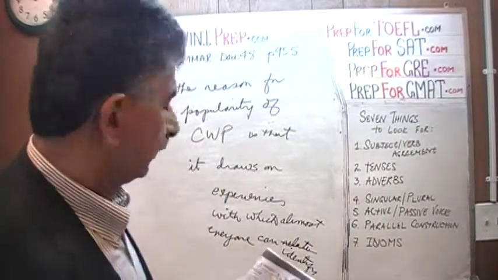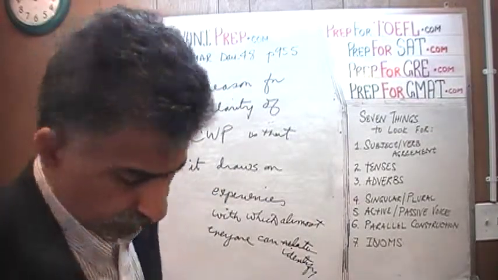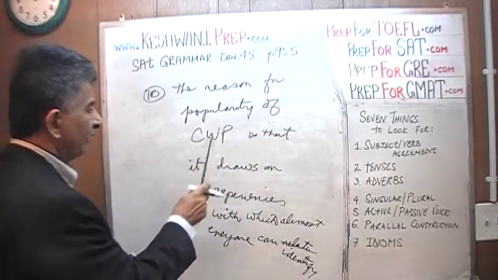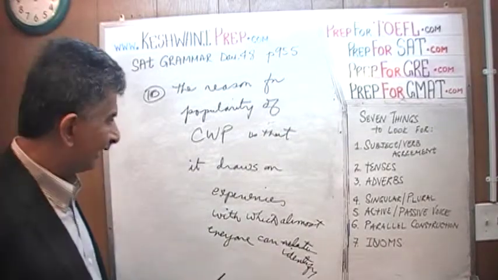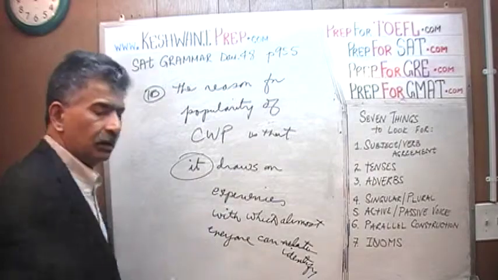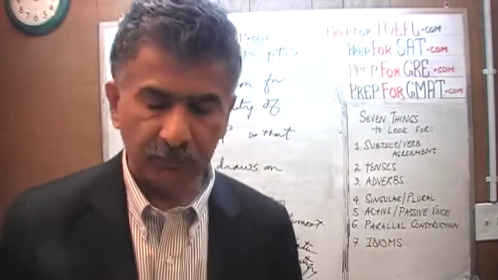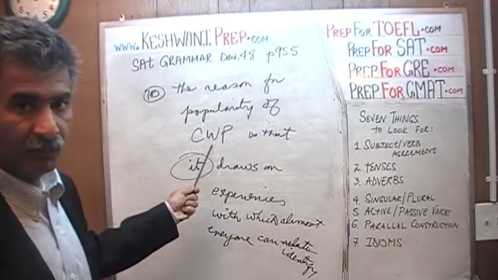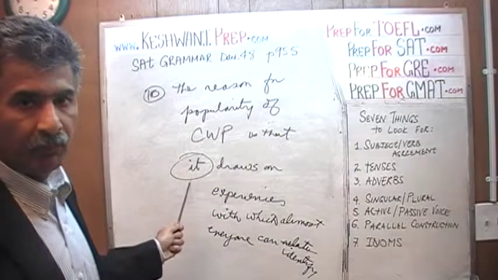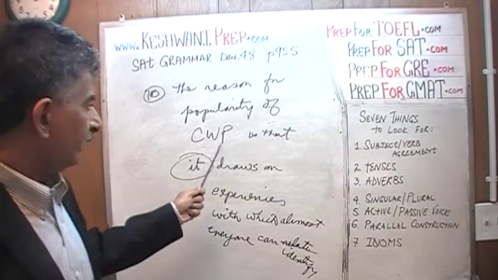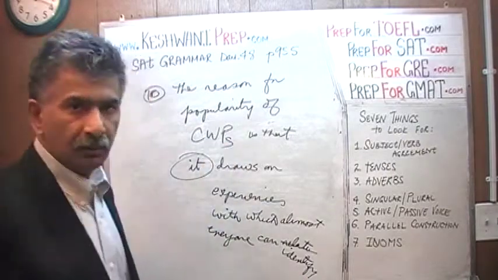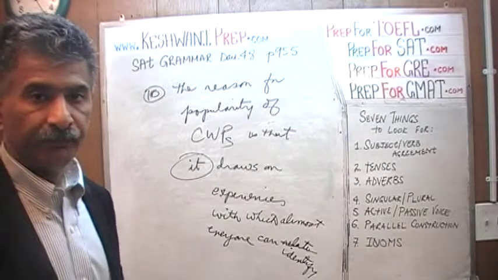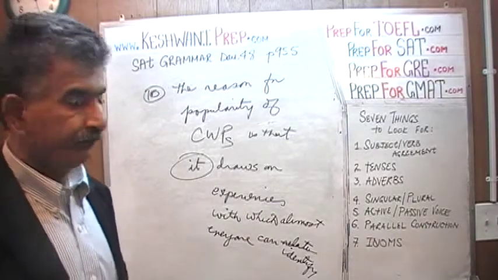I left out the words continuous popularity. We don't need that. So as far as we are concerned, the sentence reads, the reason for the popularity of country western performers is that it draws, and you begin to wonder, what is this it supposed to refer to? Obviously, this pronoun it does not refer to the country western performers. For one thing, they are people, they wouldn't be referred to with the word it. And secondly, they are performers, plurals. So what does it refer to? It's very ambiguous. It doesn't make it clear.